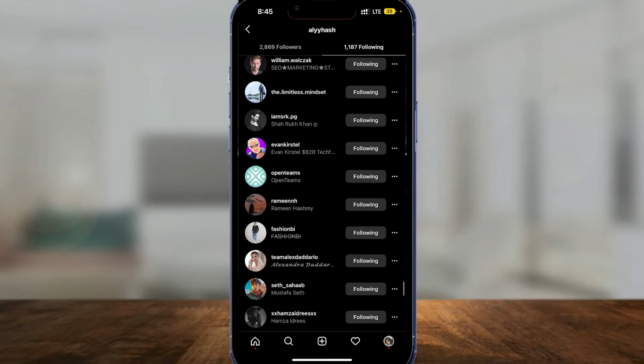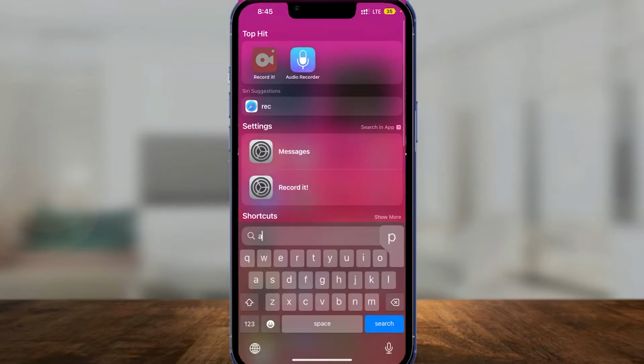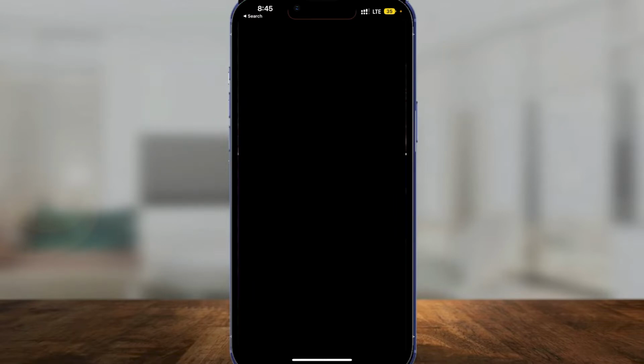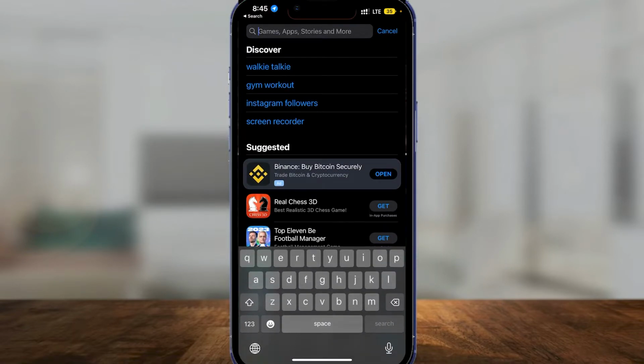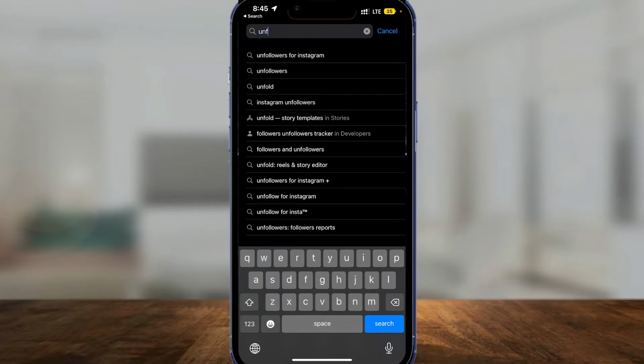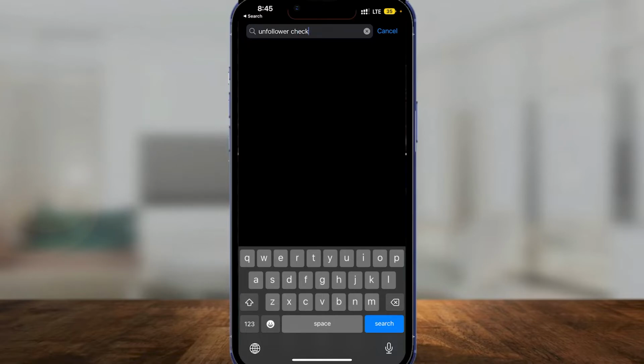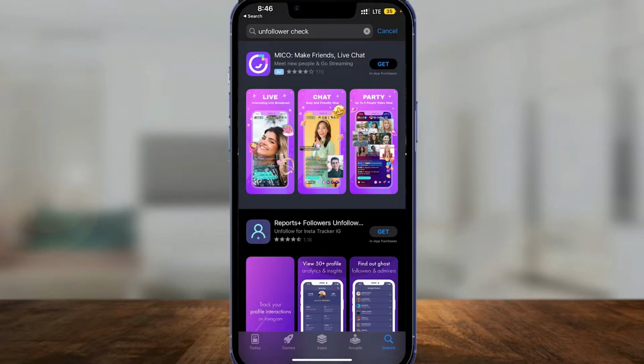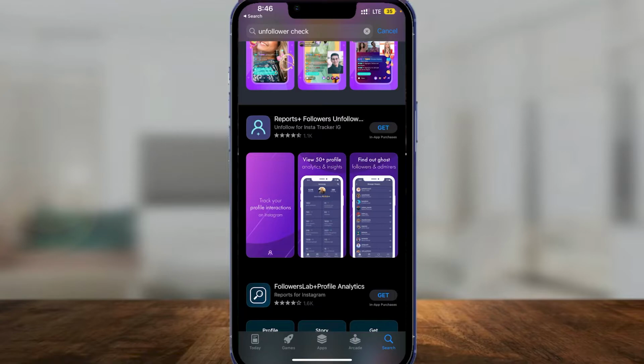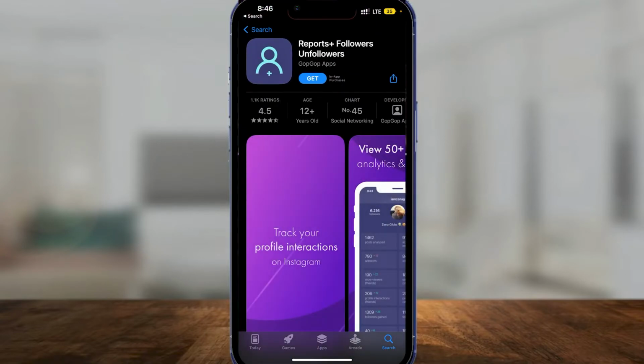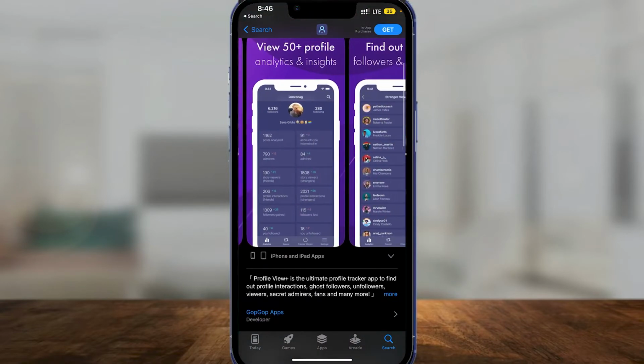Another option for you guys is to just simply open up the App Store or the Google Play Store, depending upon if you're using an iPhone or an Android phone, and then type in over here unfollower check. So once you type in unfollower, you can see how many people are unfollowing you. So over here just simply open up this first application, Repost Plus Followers and Followers,